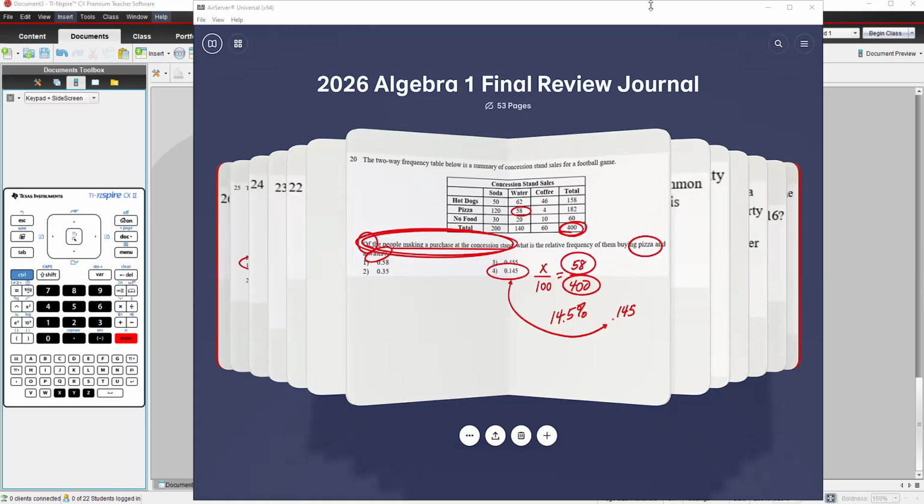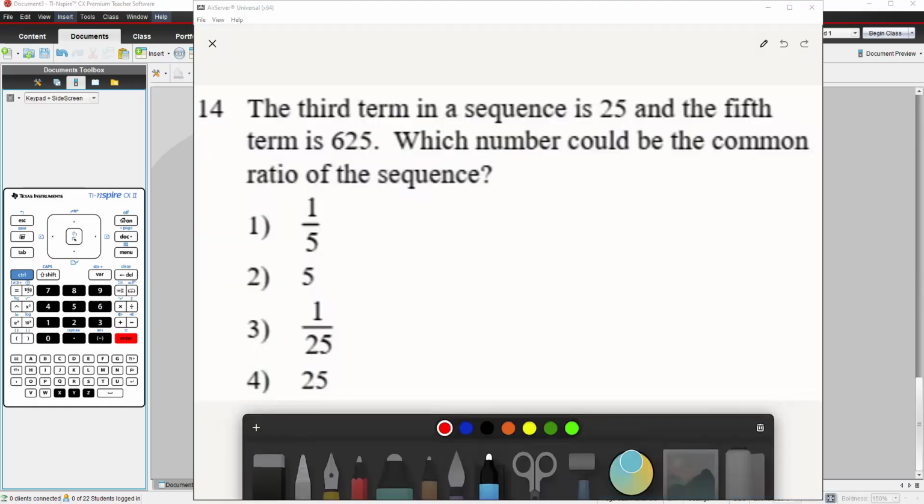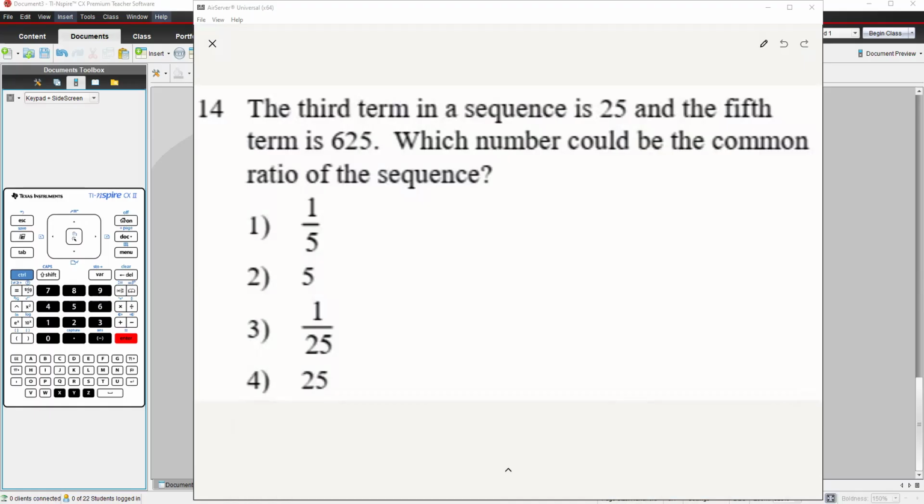All right, let me spin the wheel here and see what we come up with. Okay, here is question number 14. It is a geometric sequence, and they want to know what's the common ratio. Now, this one is one of those where I would prefer that students use the spreadsheet